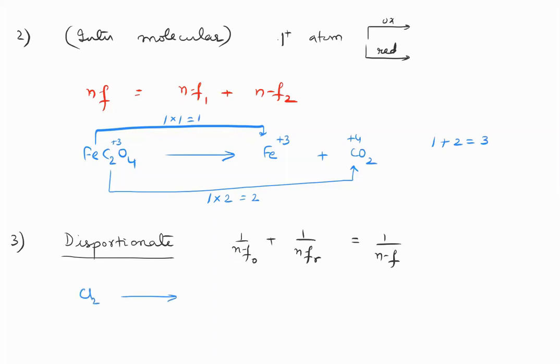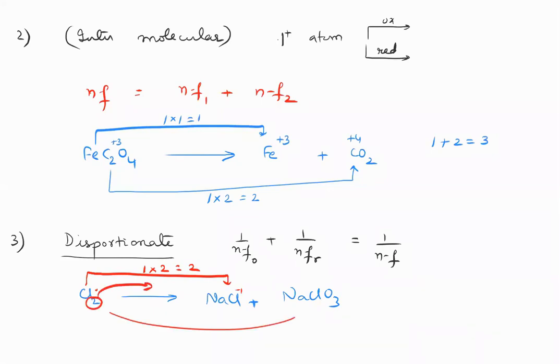Example, Cl2 converts into NaCl plus NaClO3. In this case, for the reduced N factor, change is going from 0 to -1. Change is 1. And there are 2 chlorines. So 2. Please don't say there are two here, out of which one went like this, one went like this. No. You don't know how many went like that and how many went like this, because you don't know what kind of balancing it has. So that's why please don't say that. Find out, assuming complete chlorine has gone oxidized, complete chlorine has gone reduced.